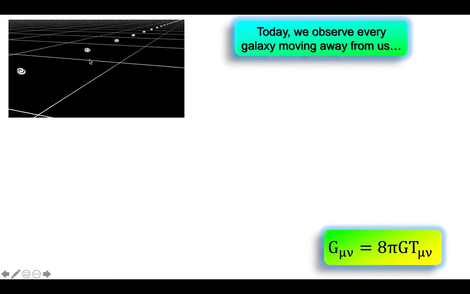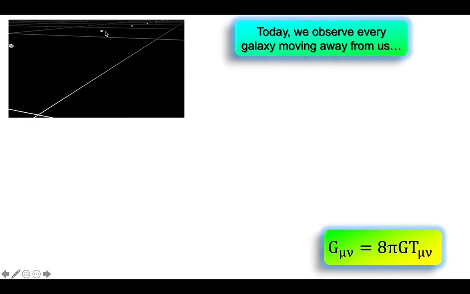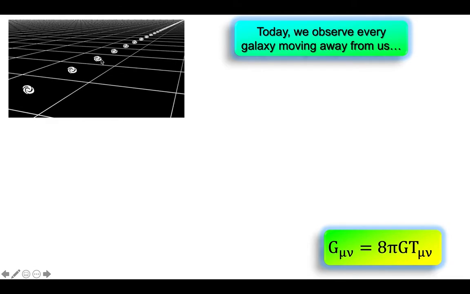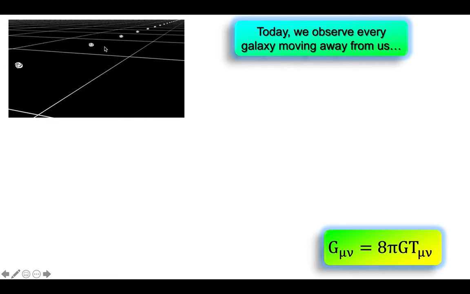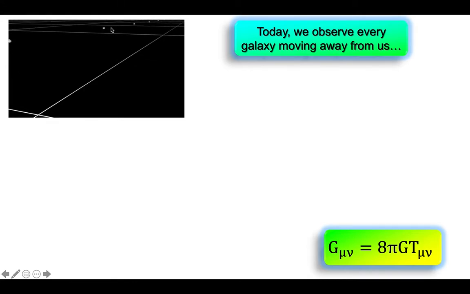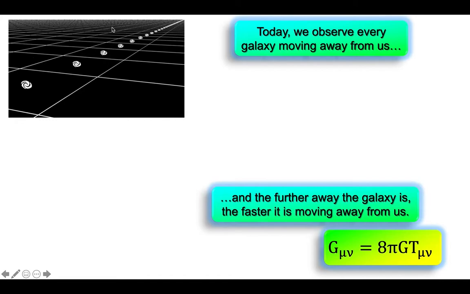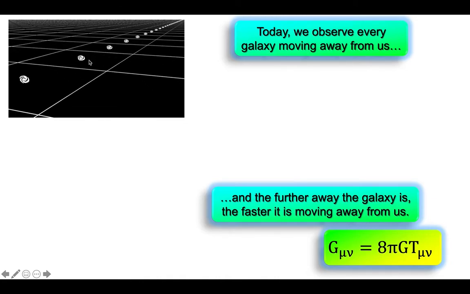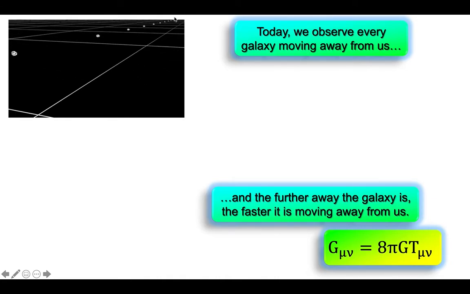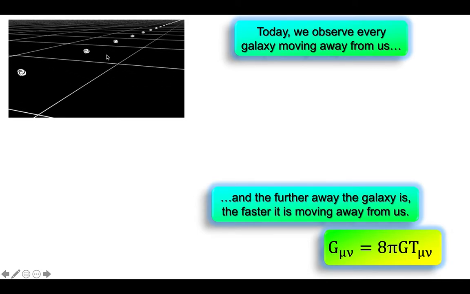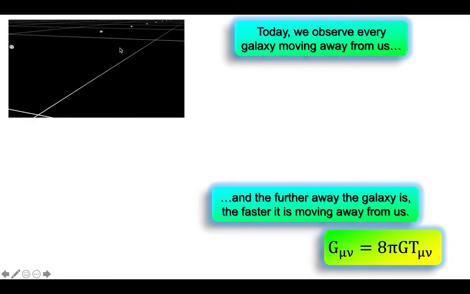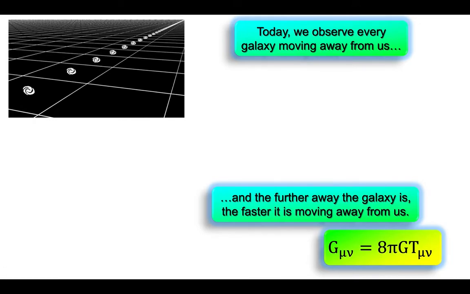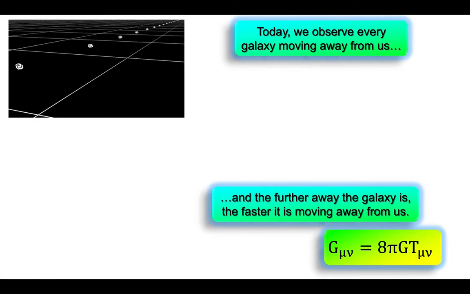And if you imagine this is our galaxy, you can imagine what it would look like. We see every galaxy moving away from us because the distance between every galaxy is growing. And you also could convince yourself that a faraway galaxy would be moving faster because there is more space between us and a distant galaxy compared to us and a nearby galaxy. So because there's more space between us and a distant galaxy, there is more space expanding between us and that